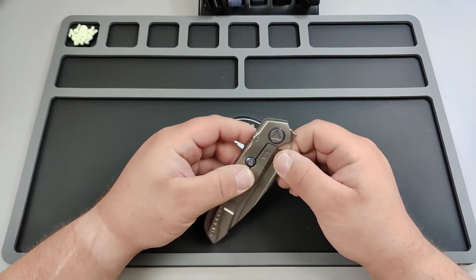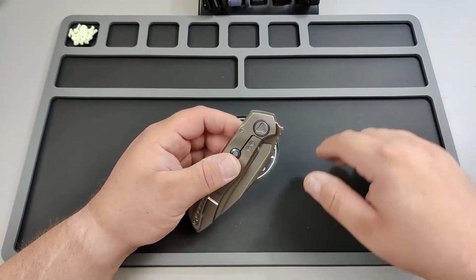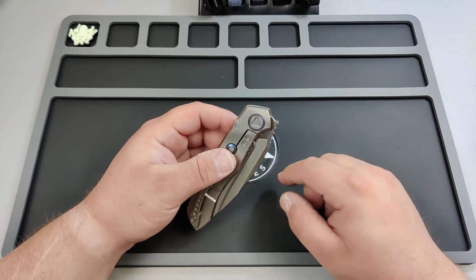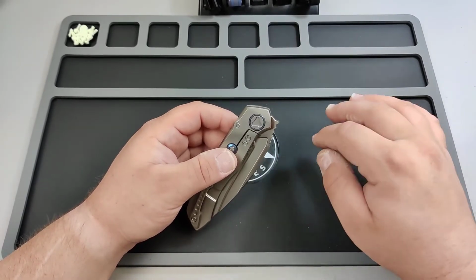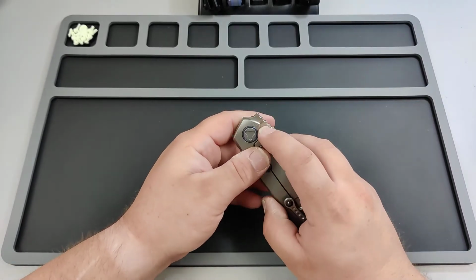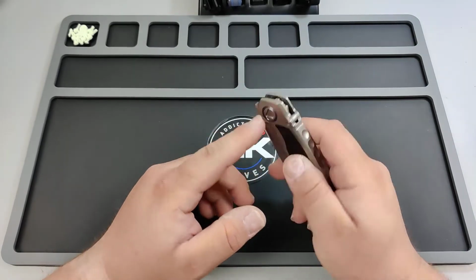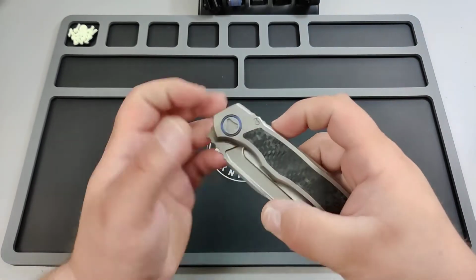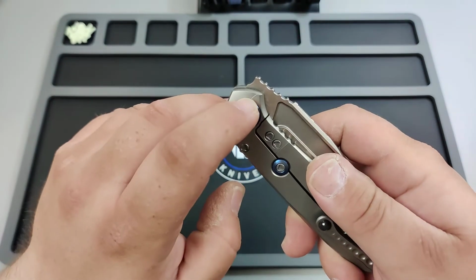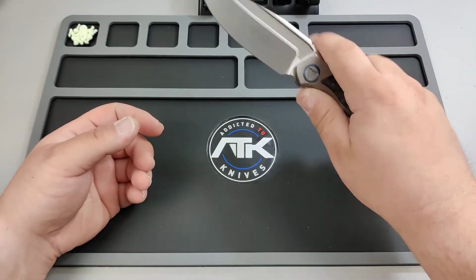But in the end, I ended up having to get another bit. And even then, the amount of Loctite they put in here was so freaking much that I scratched the living shit out of the frame doing it. Scratched the living shit out of it, and I'm fucking pissed. But I did get the action to be amazing,